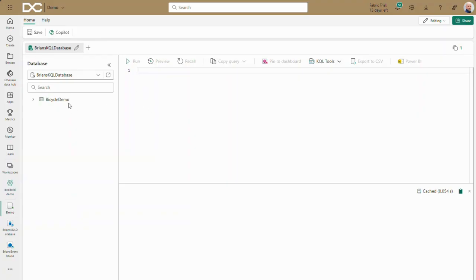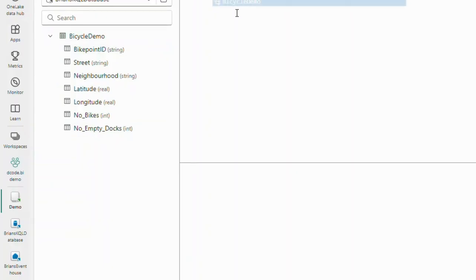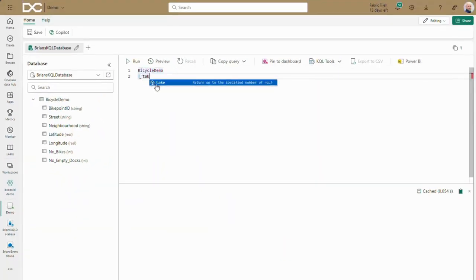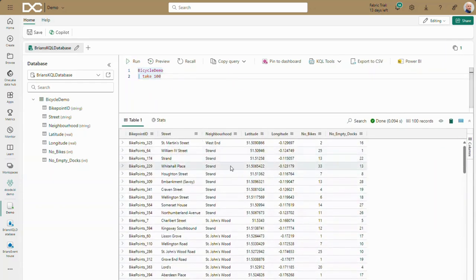This empty KQL query set connects to my KQL database, and here you can see my bicycle demo table. The table consists of these columns, and if I run a query where I just take the top 100, you can see the example dataset right here. So let us set up an